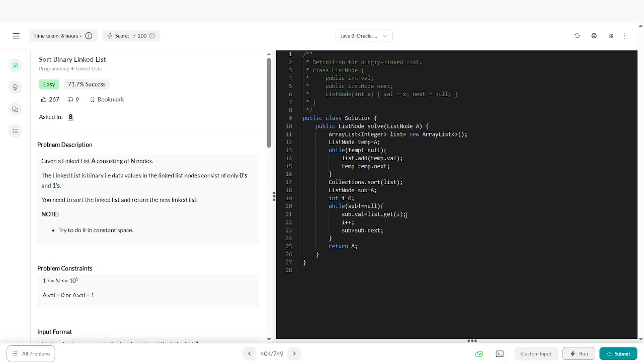So sub.value is equal to list.get(I). Here I'm getting the values of the array list, and I'll be incrementing the I, and the step is to move forward in between the nodes. Once all of this is done, finally we'll be returning the head node.